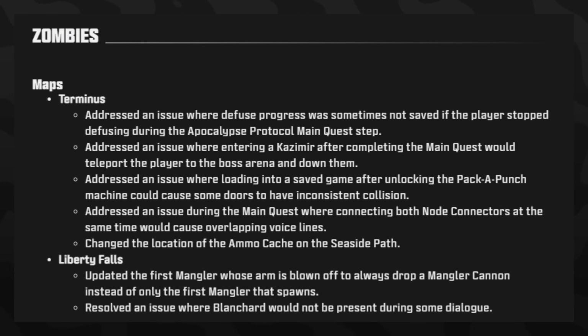Zombies also received an update, so Terminus addressed the issue where diffuse progress was sometimes not saved if the player stopped diffusing during the Apocalypse Protocol main quest step, addressed the issue where entering the Kashmir after completing the main quest would teleport the player to the boss arena and down them,